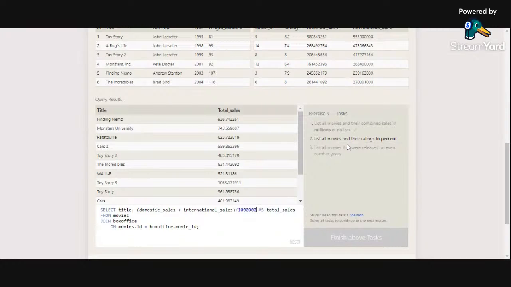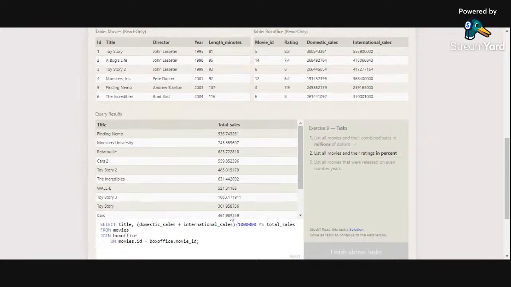List all movies and their ratings in percent. Divided by what? 100,000? This is 1 million. 0, 10, 100, 1,000, 10,000, lakh, 10 lakh. Okay,